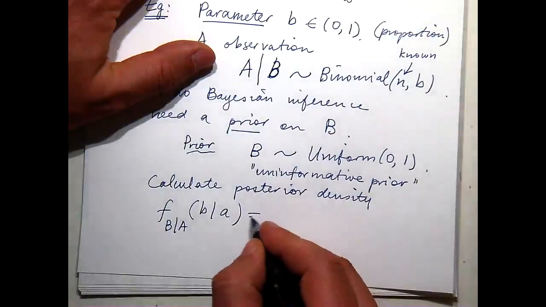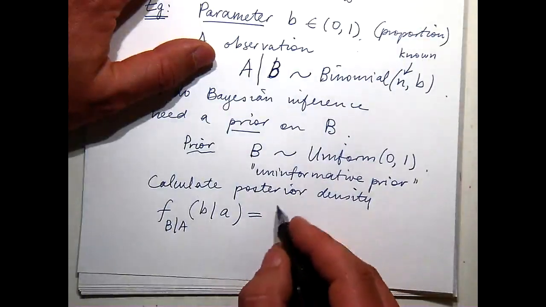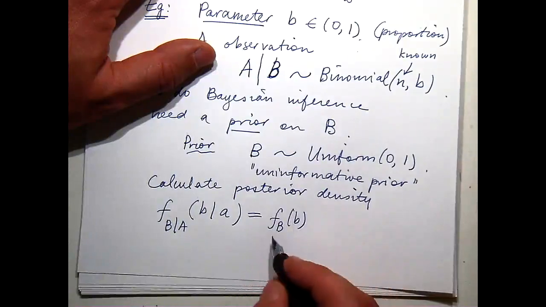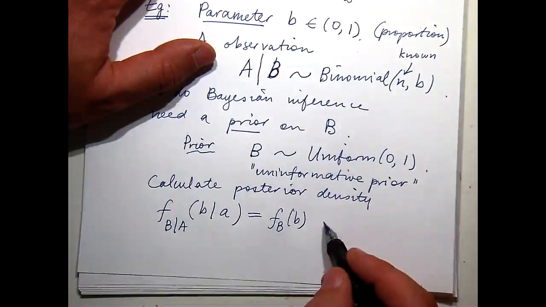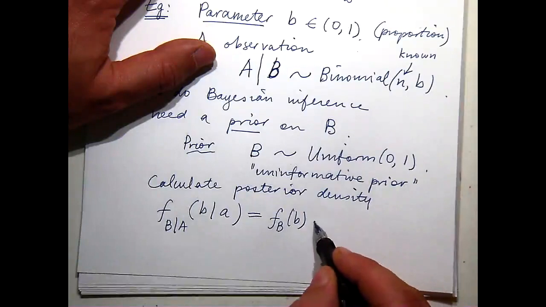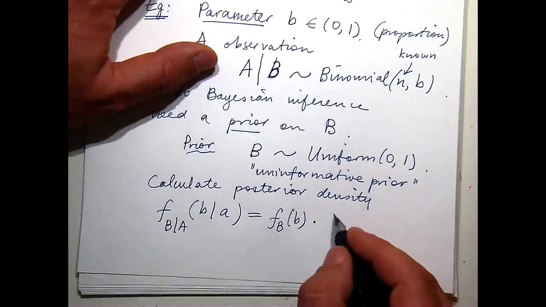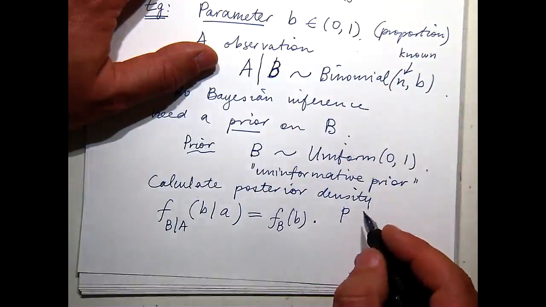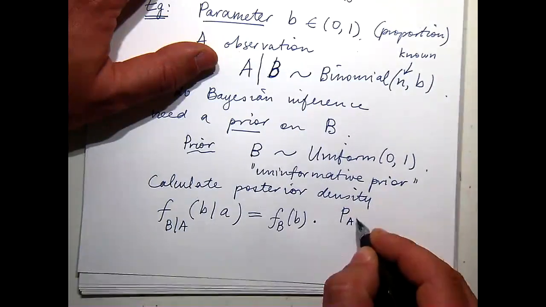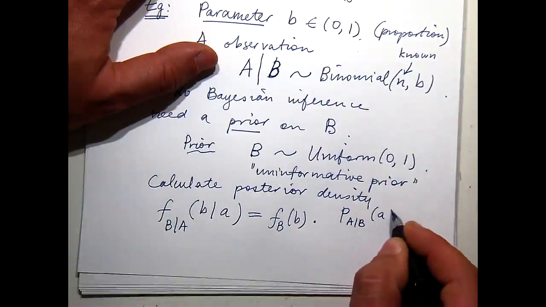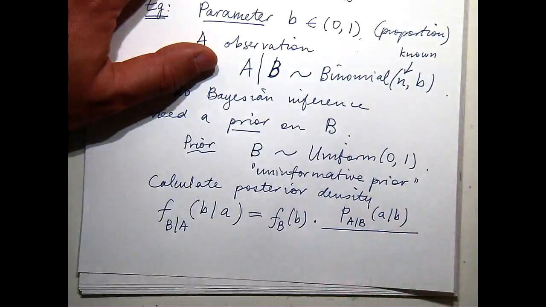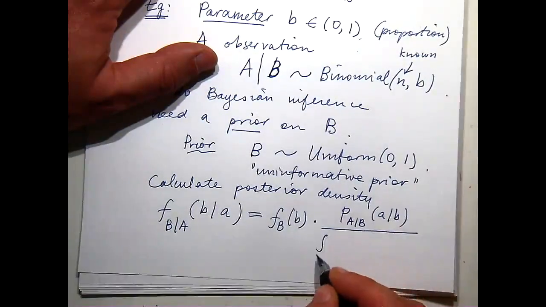So the posterior is naturally f_B of b. That's the uniform density, which is actually equal to 1 on the relevant scale. And then I have to multiply by, I'm going to slightly modify what happens here, P_{A|B}, a given b, divided by the integral from,